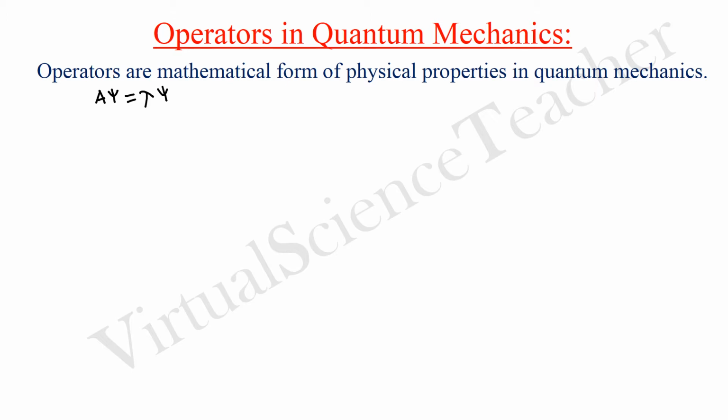Here in quantum mechanics, A is called the operator, psi is known as the wave function, and lambda is the eigenvalue. The physical interpretation of the eigenvalue in quantum mechanics is very important, but we will learn it later. Okay, so now